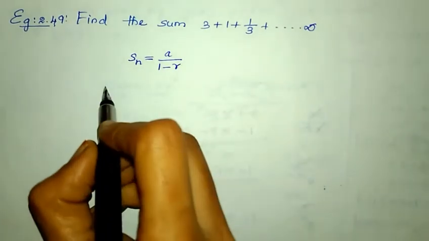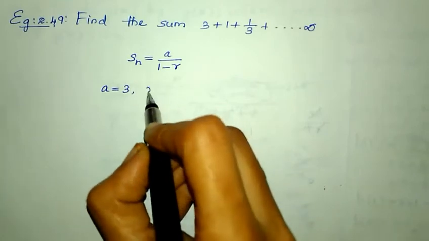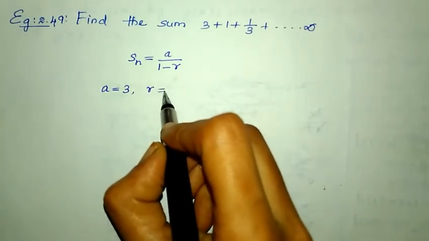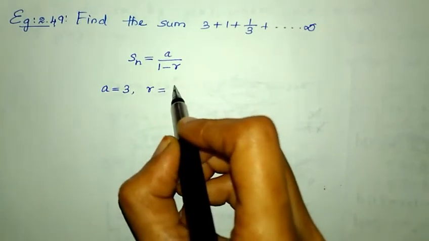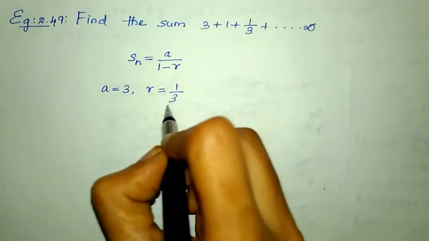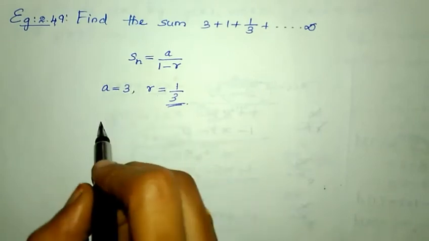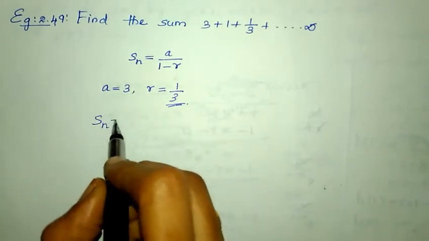So here what is A? A is the first term, that is 3. What is R? R is equal to T2 by T1, that is second term by first term, 1 by 3. So this is R. Now apply the values in this formula. Sn is equal to